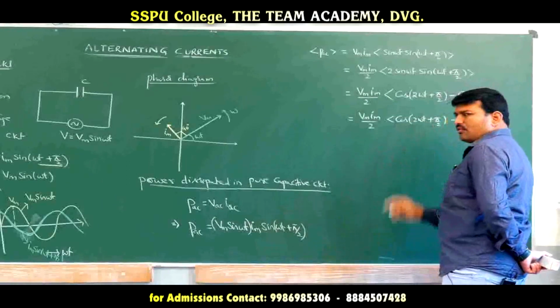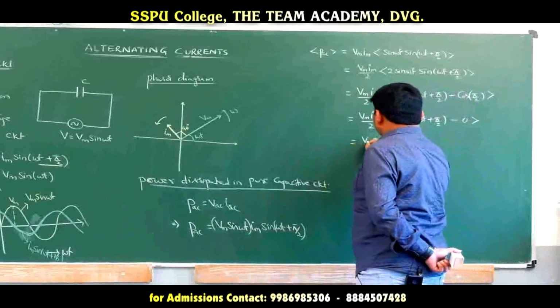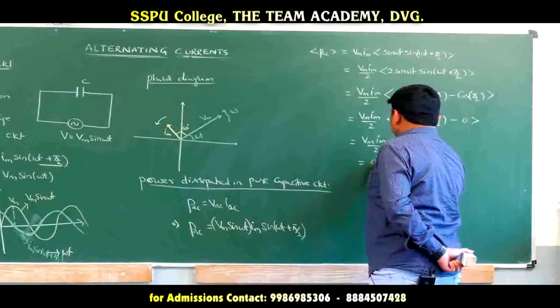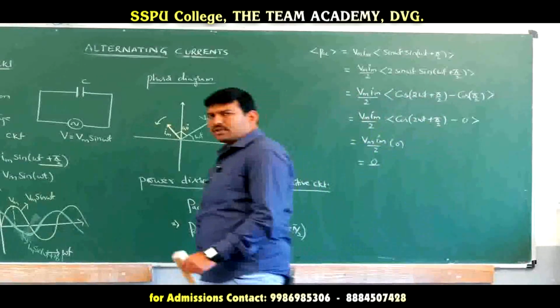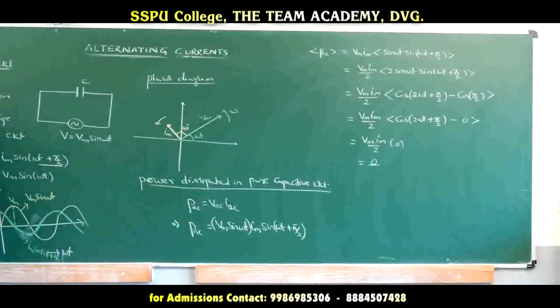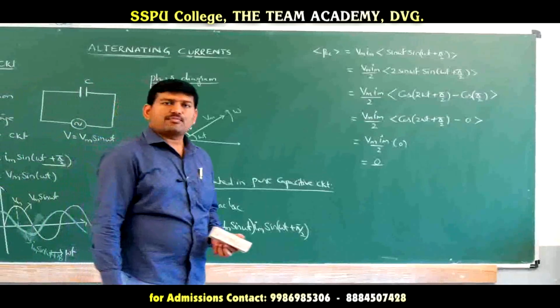So, the average value of the cos function over a full cycle is always equal to 0. Therefore, this is Vm into Im by 2 into 0, which is equal to 0. That means in a pure capacitive circuit also there is no power dissipation. Just like in the case of a pure inductive circuit, in a pure capacitive circuit also there is no power dissipation